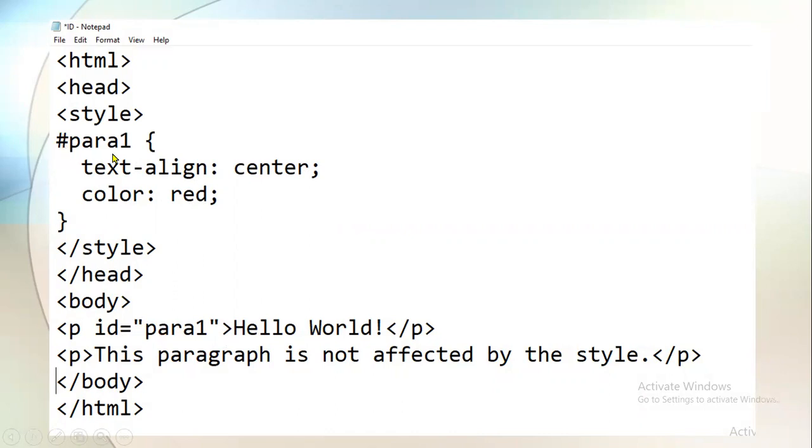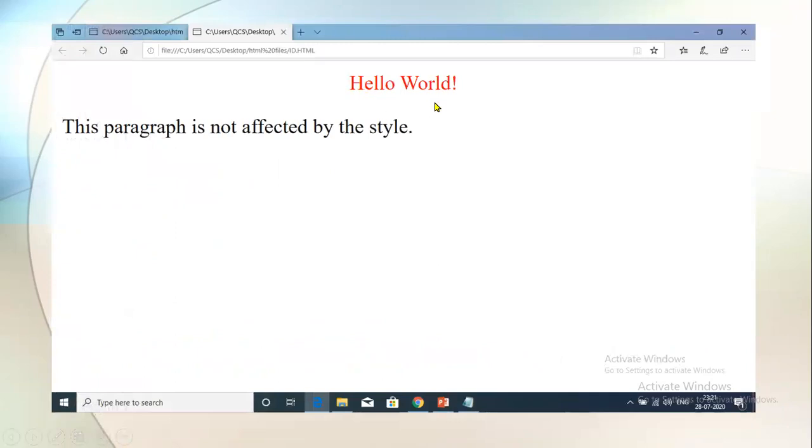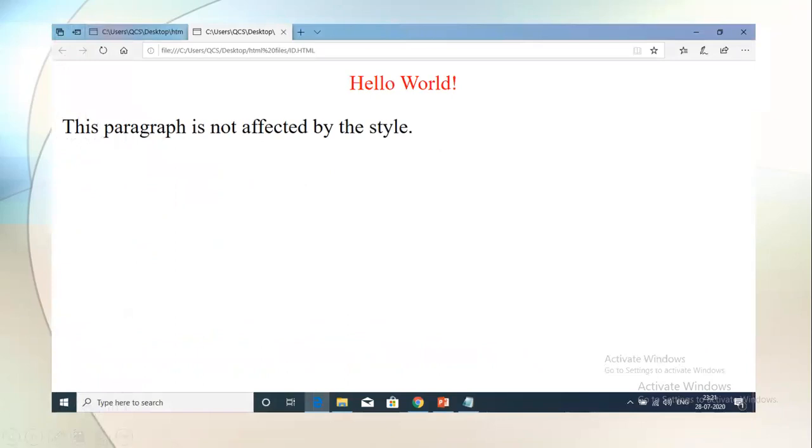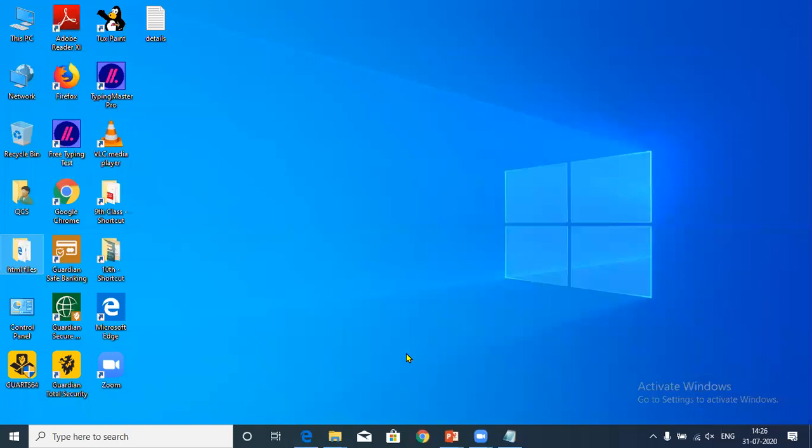Then you specify the ID name. After that, you start the curly bracket, and here you can define whatever properties you want. When you see the output, you can see the formatting has been applied to only one tag, where I have defined that particular ID. I have defined the ID for this, and I have defined the style for that particular ID. So this style has been applied to that particular ID only. I hope this is clear. Now we'll do the practical of the same.